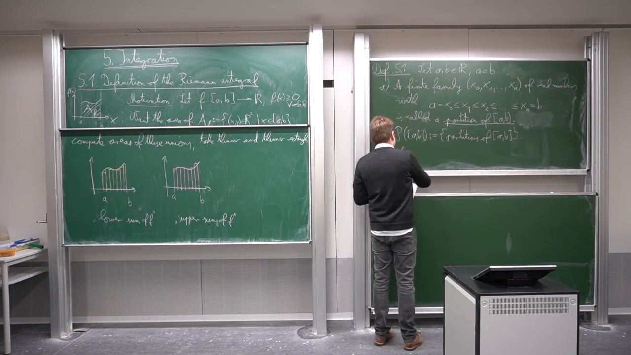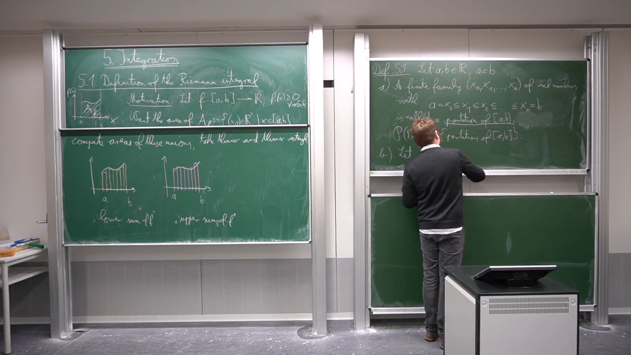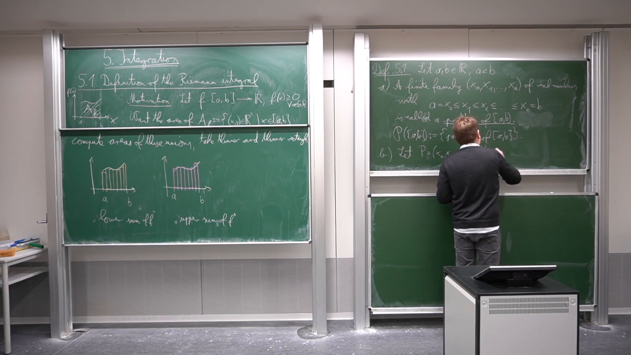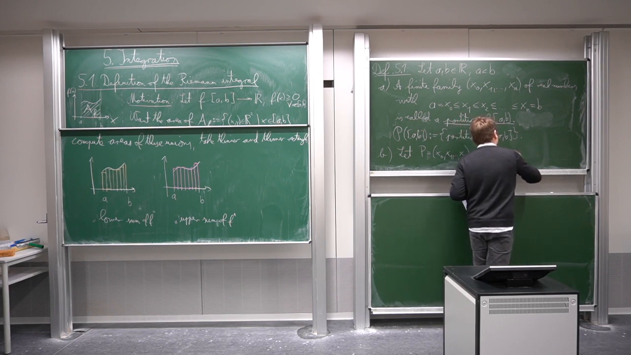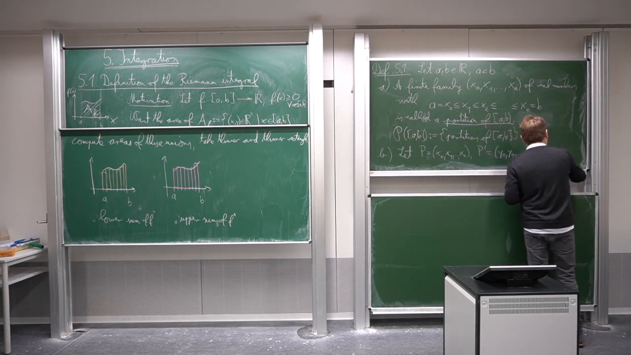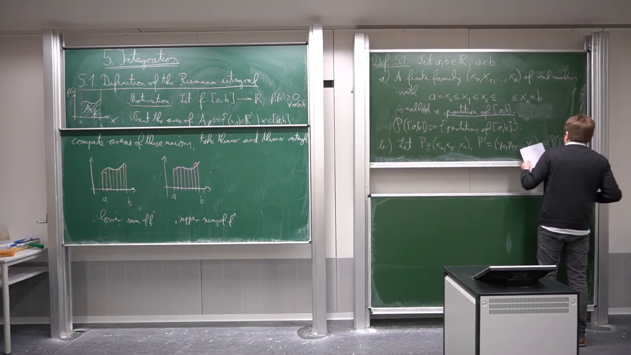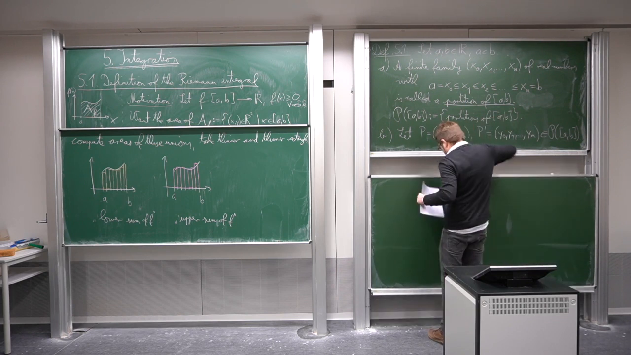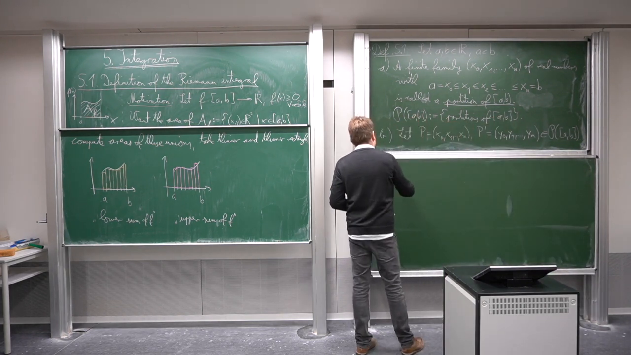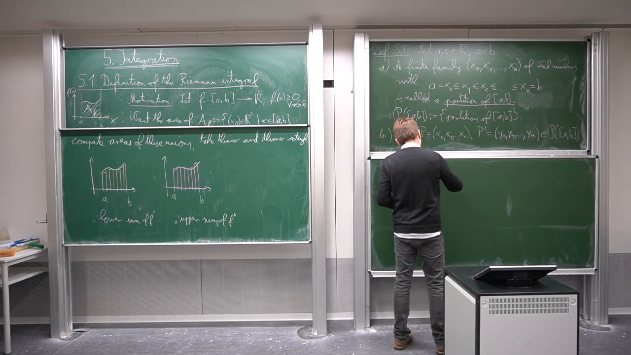So assume we have two partitions. P consists of the values x0, x1 to xn. And we take P prime, which is y0, y1 until ym. So m doesn't have to be the same value. These are partitions of [a, b]. And we say that P prime is a refinement of P